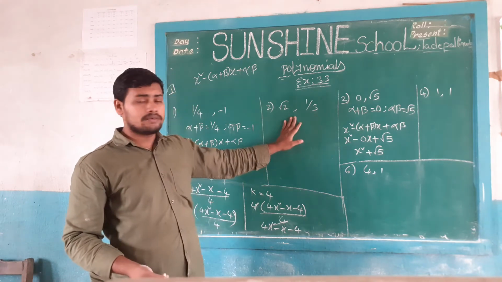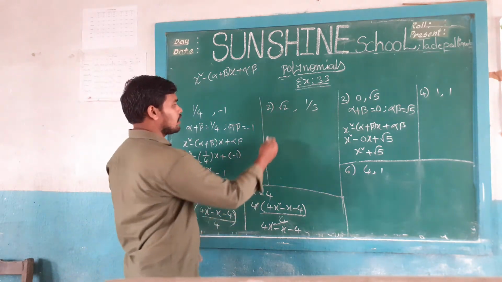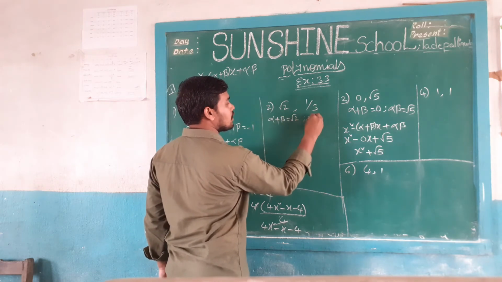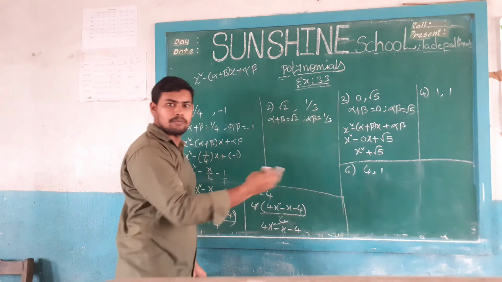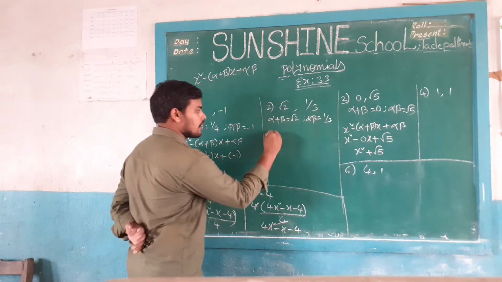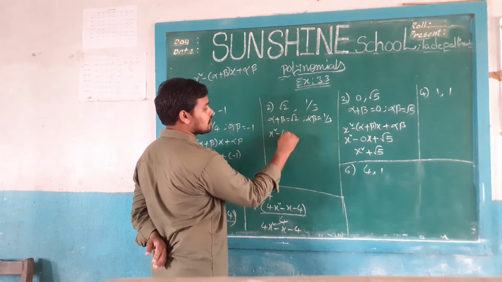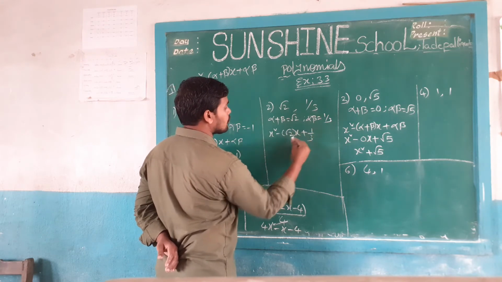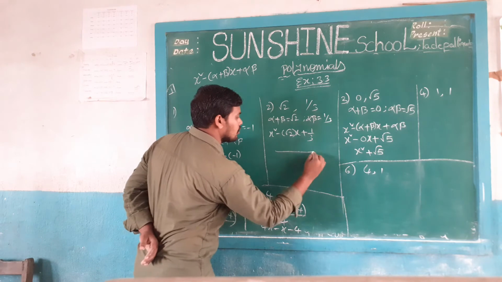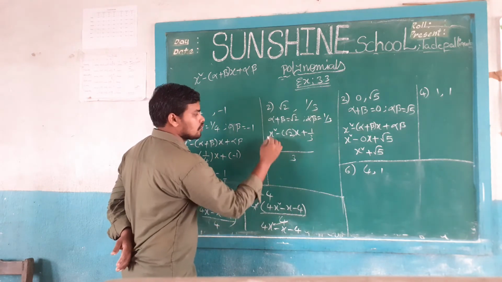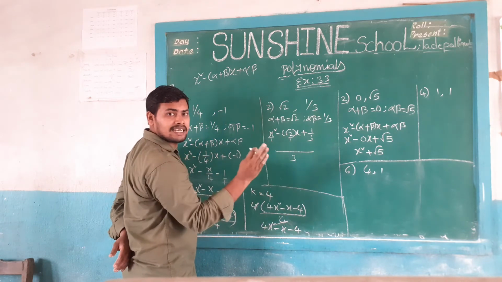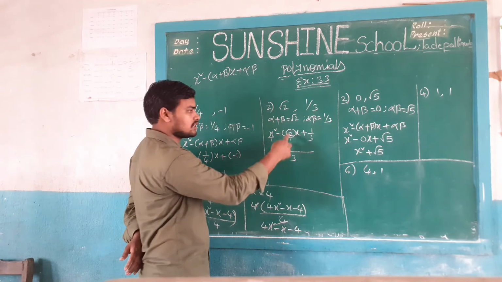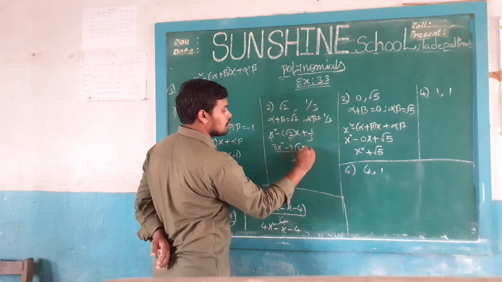Okay. Similarly, do this one. Here alpha plus beta value is root 2. Alpha beta value is 1 by 3. Substitute these values in the formula. x square minus alpha plus beta value root 2 x plus alpha beta value 1 by 3. So what is the LCM here? 3 is the LCM here. So there is 1, 1 in 3, 3 times. 3 into x square, 3x square. Minus 1 in 3, 3 times, 3 into root 2 x, 3 root 2 x.